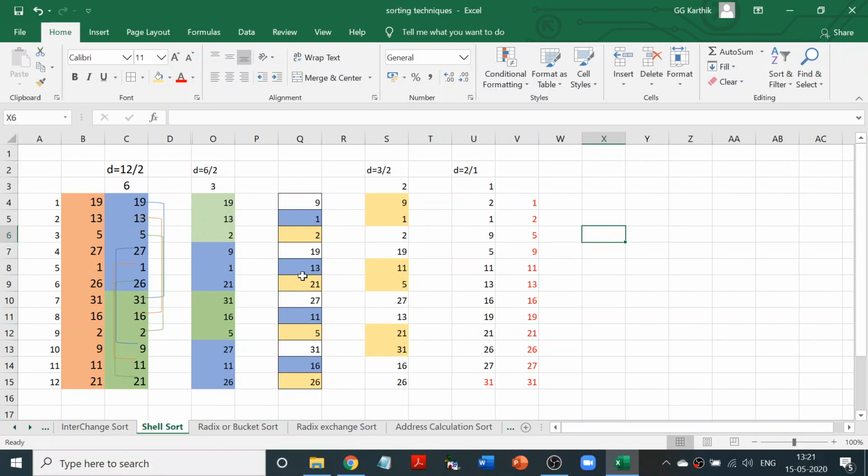That is nothing but when you compare the ones, all the ones have to be compared. So make sure that all the ones are sorted. There should be a sorted list here already. All the whites should be sorted, all the blues should be sorted, all the yellows should be sorted here. That is what you should make sure. If you are able to catch that, this technique is very, very easy. So I have taught you in two different ways. This shell sort can be done using two different techniques. Hope you have understood.